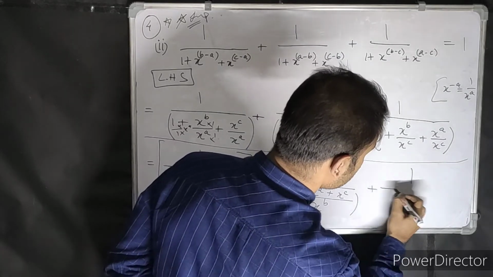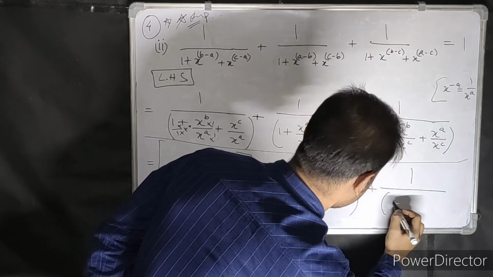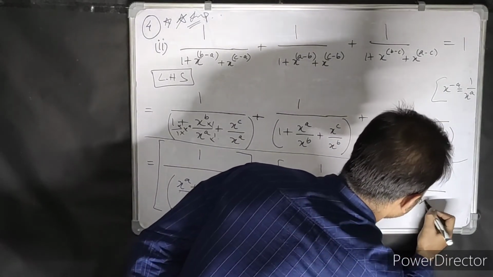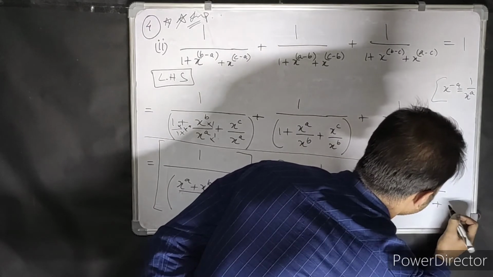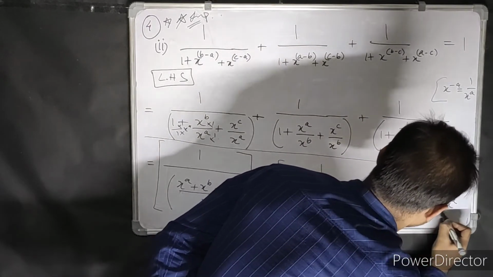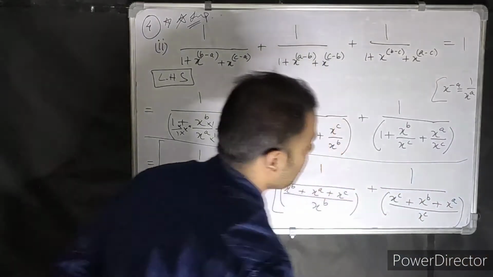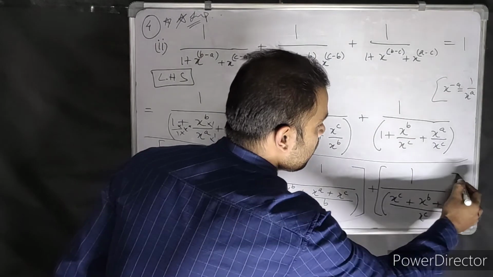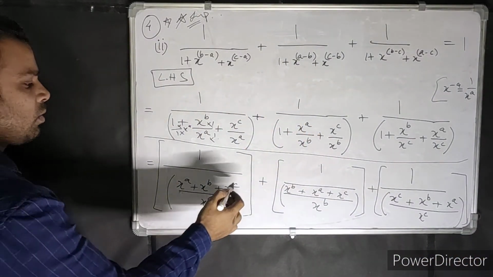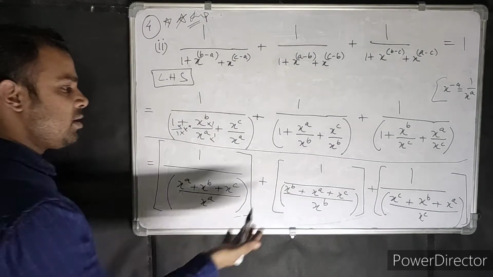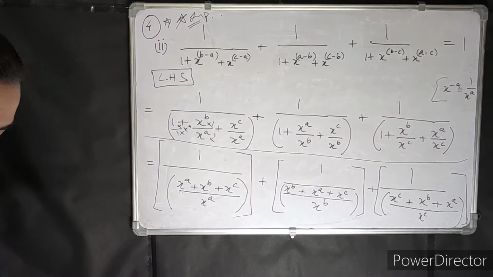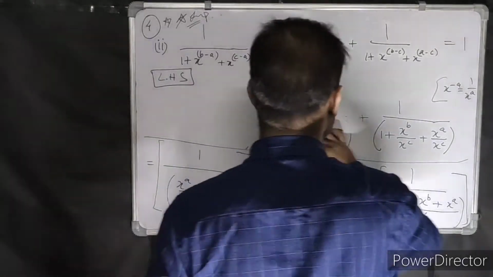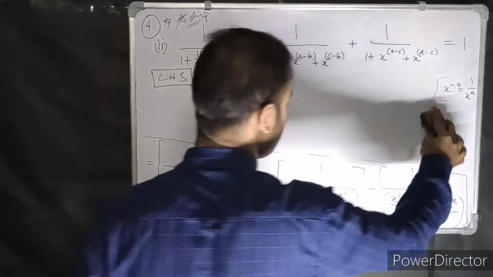Now plus from here, x to the power c, plus x to the power b, plus x to the power a, whole thing divided by x to the power c. Now it's just like a drawing. You're just copying from your previous steps, like you did this with your brain and this you just copied because you know now what's coming out. So now what's your next step? From here the question has become very easy now. That's it for this question, it is going to finish.